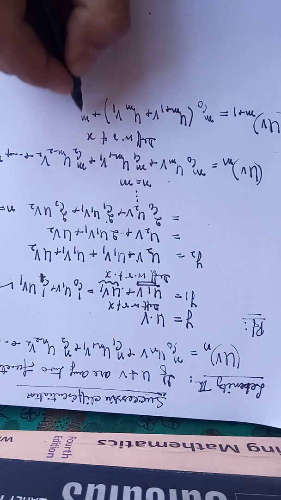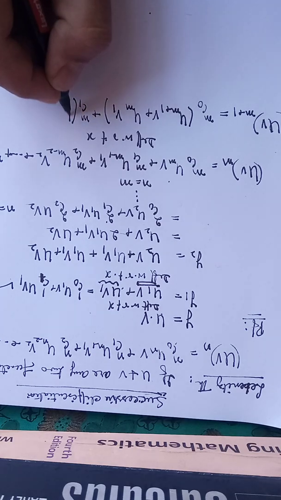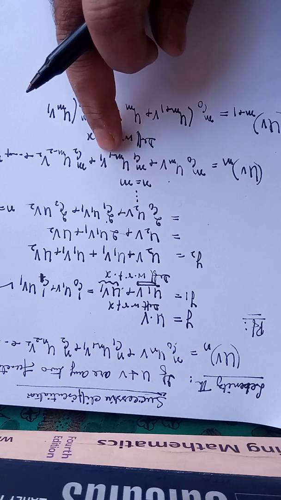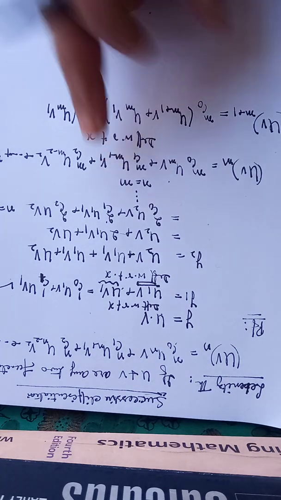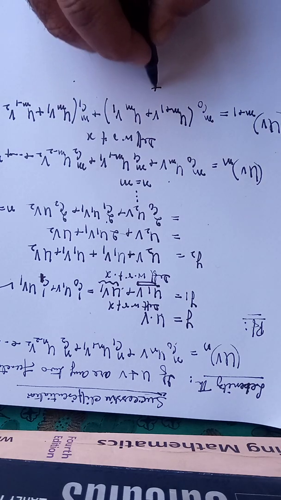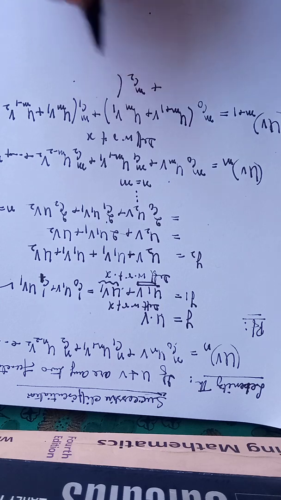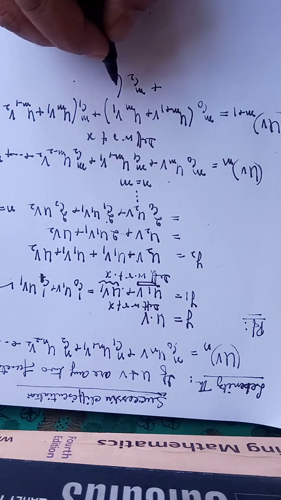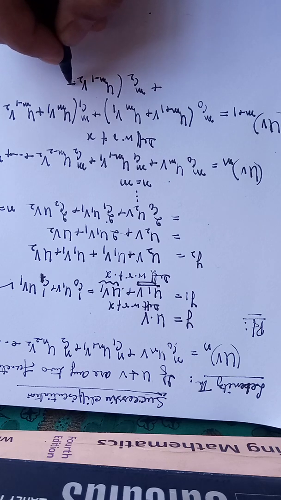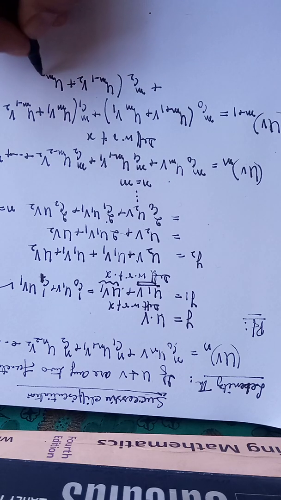Then you have mC1 u(m-1) v1. Derivative of u(m-1) is um, v1 as it is, then u(m-1) as it is, derivative of v1 is v2. Then mC2: derivative of u(m-2) is u(m-1), v2 as it is, u(m-2) as it is, derivative of v2 is v3, and so on,